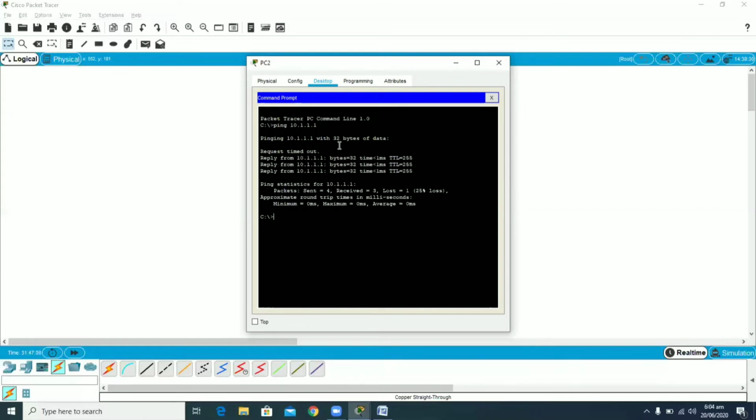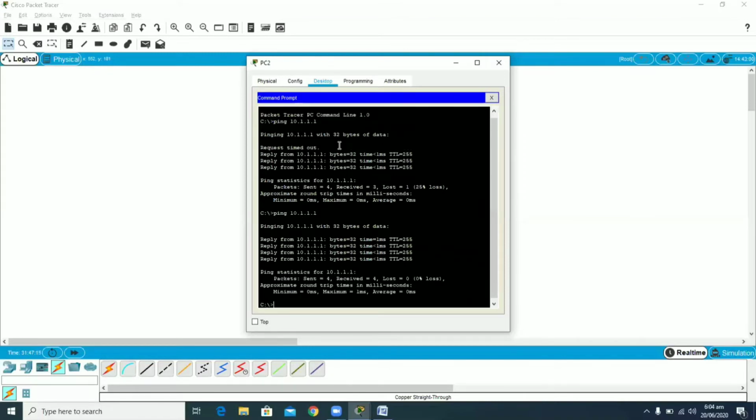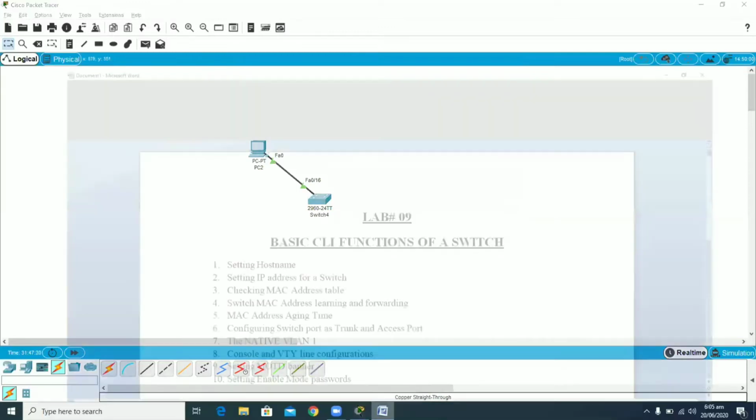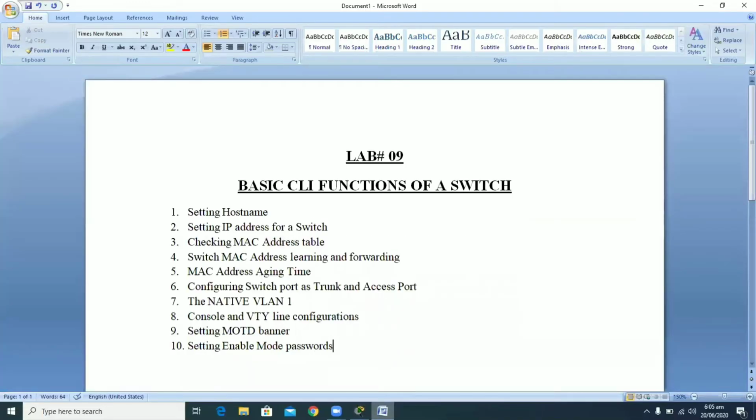You can see that the ping is successful as the TTL is received, and 4 ping ICMP packets were sent, and all the 4 ICMP packets are echoed back to us, and there is 0% loss. So this is the way to configure the IP address for a switch. You cannot configure the IP address on a particular interface.